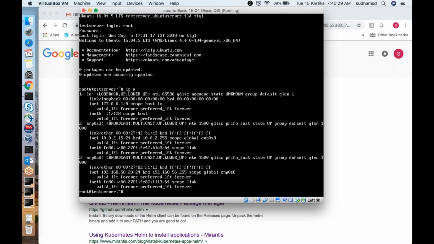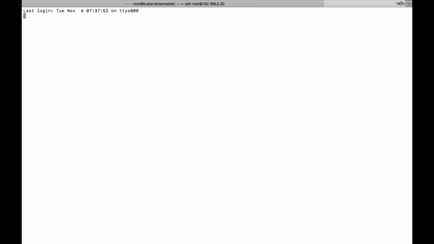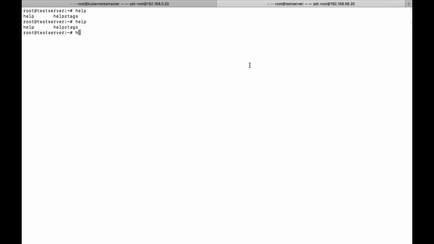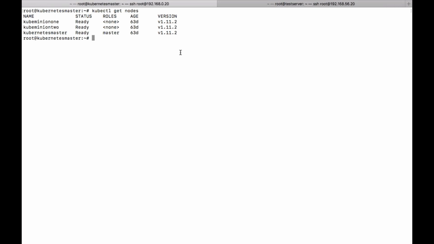So let me connect from outside. You can see here I don't have any Helm installed on this particular machine, and I don't have any Tiller running as a container or a pod in this particular Kubernetes.